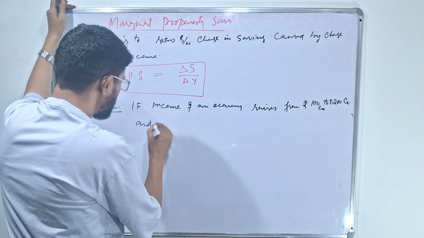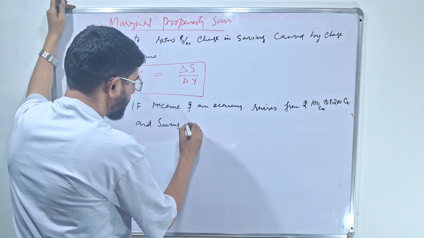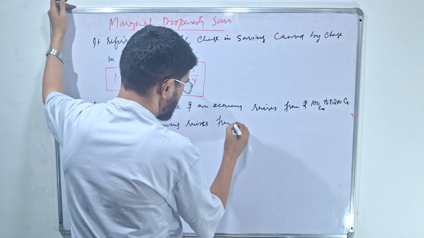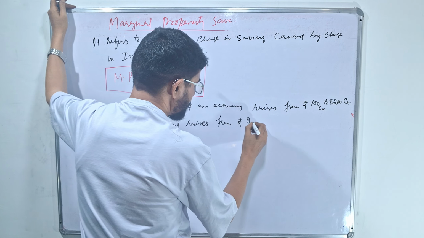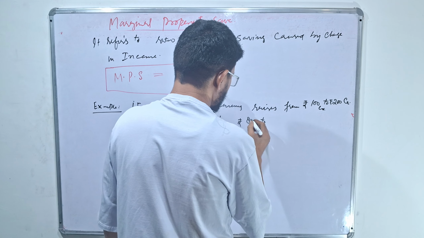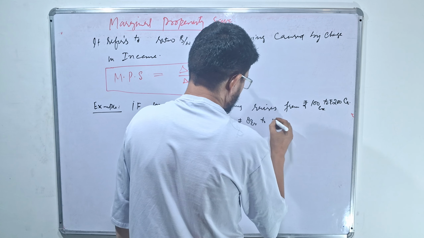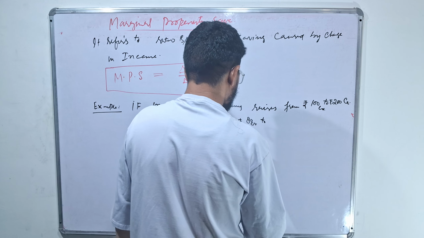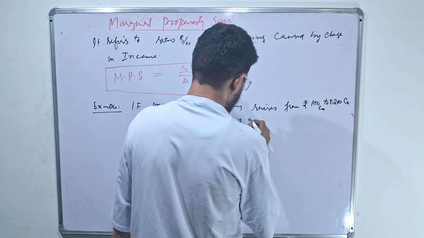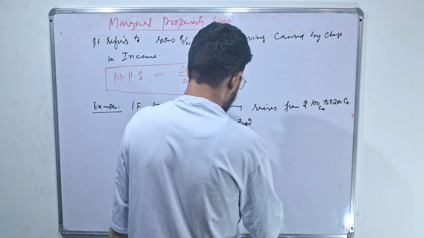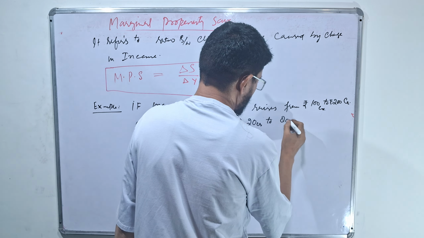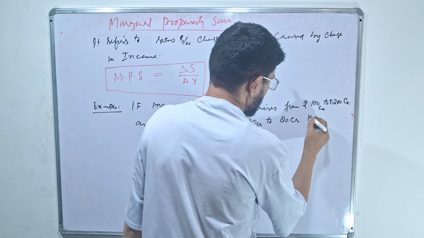And saving rises from 20 crore to 80 crore. ऐसे भी हम लिख सकते हैं, rise from 20 crore to 80 crore. Then what